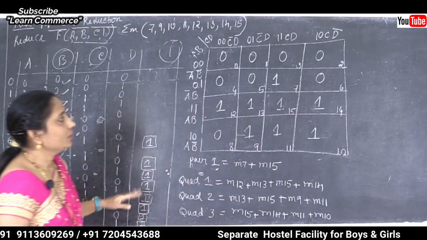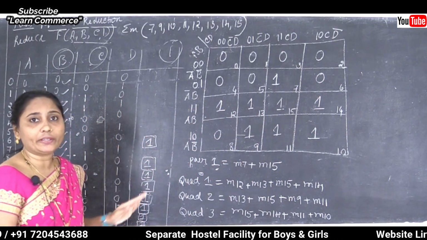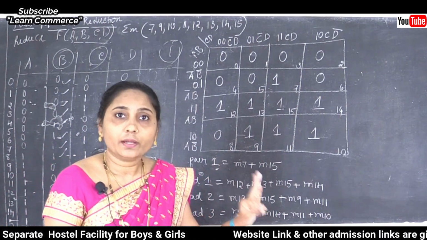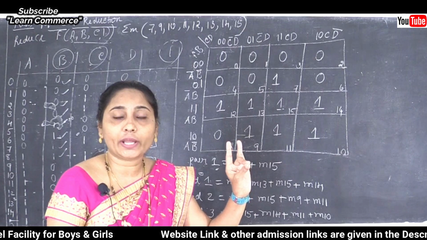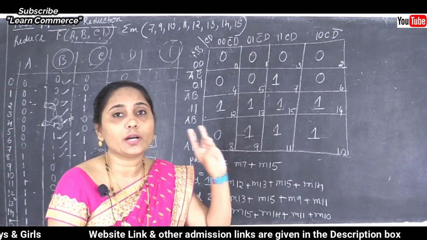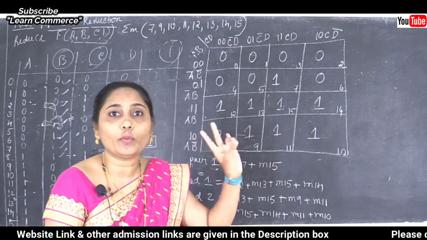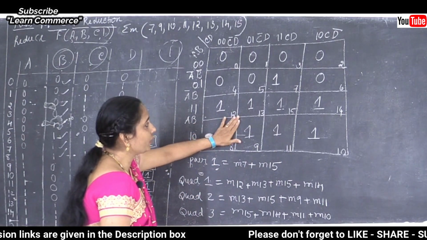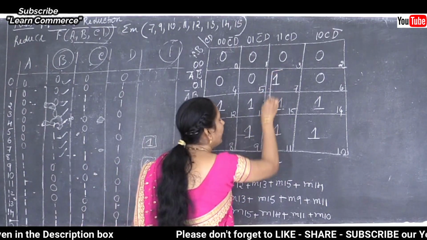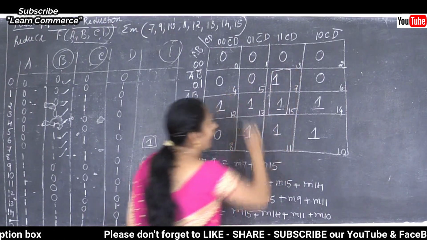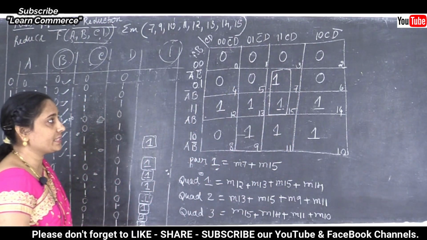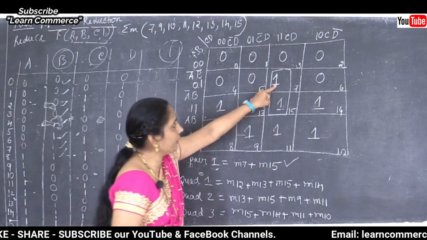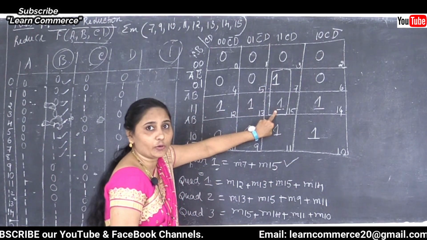Okay. Now afterwards we need to find out whether it is equal to the octet, quad, pairs, but do not forget map rolling, that is called roll the map, and also overlap. Clear this point? So now when you are going to search, what about here? First of all we can say that M7 and M15 is equal to pair. Clear? Is it clear? 7 and 15 is equal to the pair.